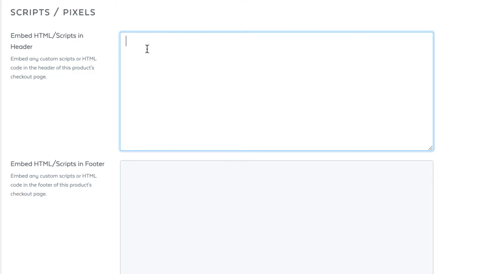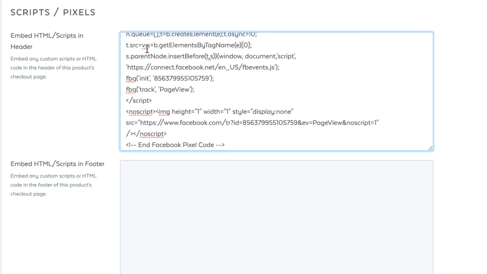This code goes in the header section of your thank you page. So if you created custom thank you pages or custom landing pages, the code will go in the header section of the thank you page. That way, when someone joins your email list, once they've successfully submitted their name and email address, they're redirected to your thank you page, then Facebook will see that that person has successfully joined your email list and register that